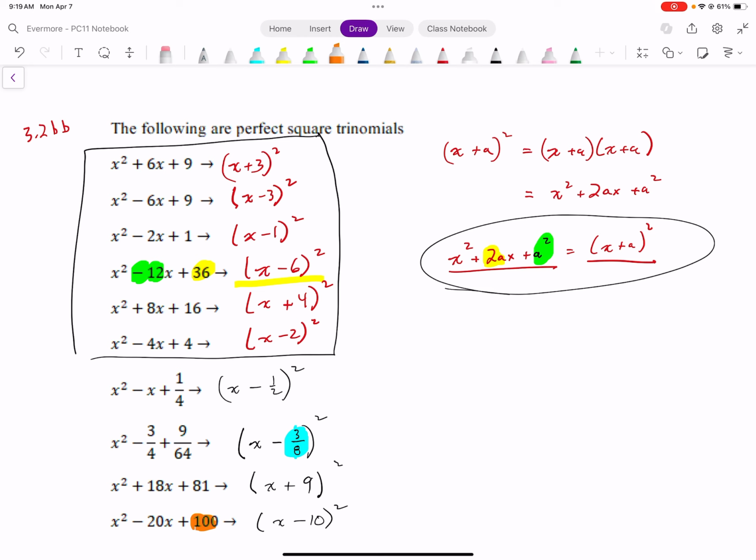If a squared is 100, that means that a is plus or minus 10. Well, if 2a is negative 20, that would imply that a is going to be negative 10. Now keep in mind how I'm actually considering this. But I know all of these are perfect squares. So this is